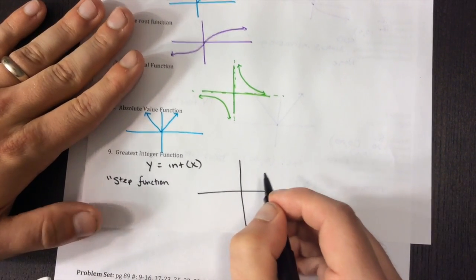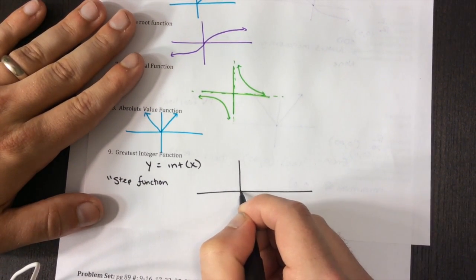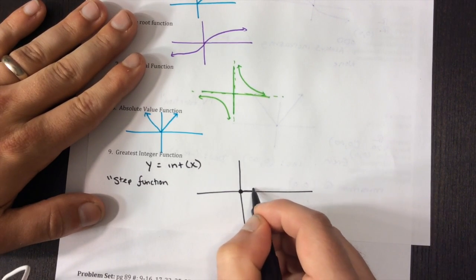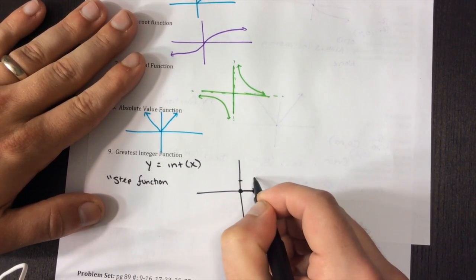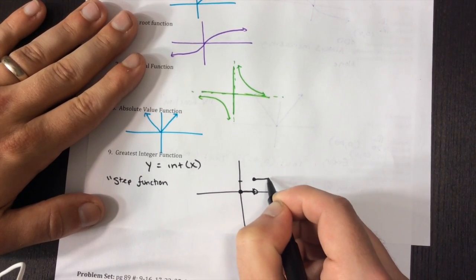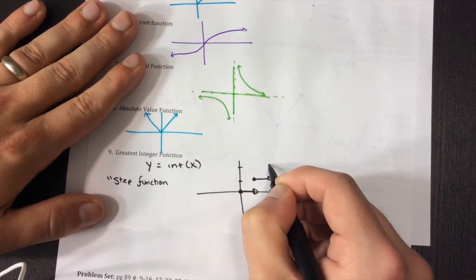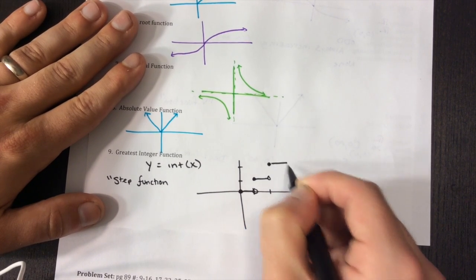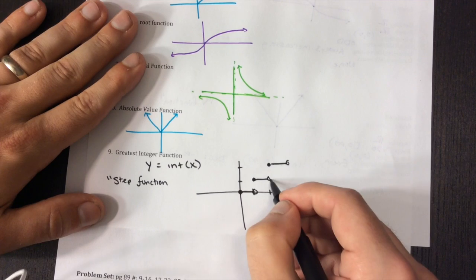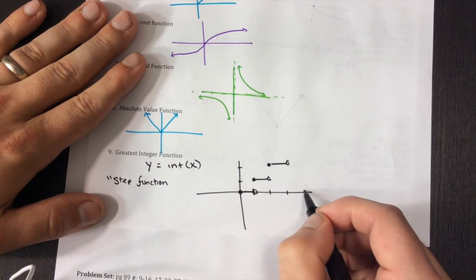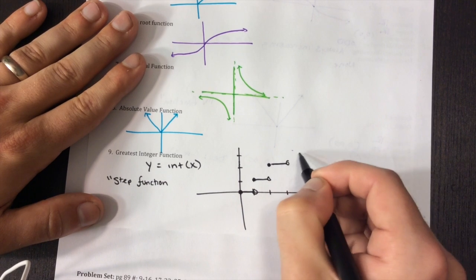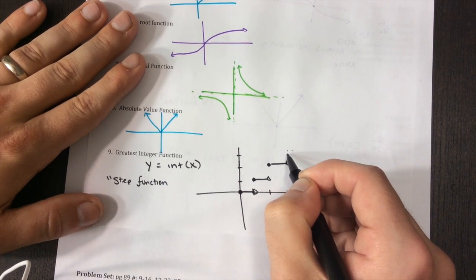And the way it looks is, we include 0 to 1. Then we include 1 and go to 2. And then we include 3 and we go over to 3. And we have a closed circle, then an open circle, closed circle, then an open circle, closed circle, open circle. If we wanted to go up one more, it'd be a closed circle,